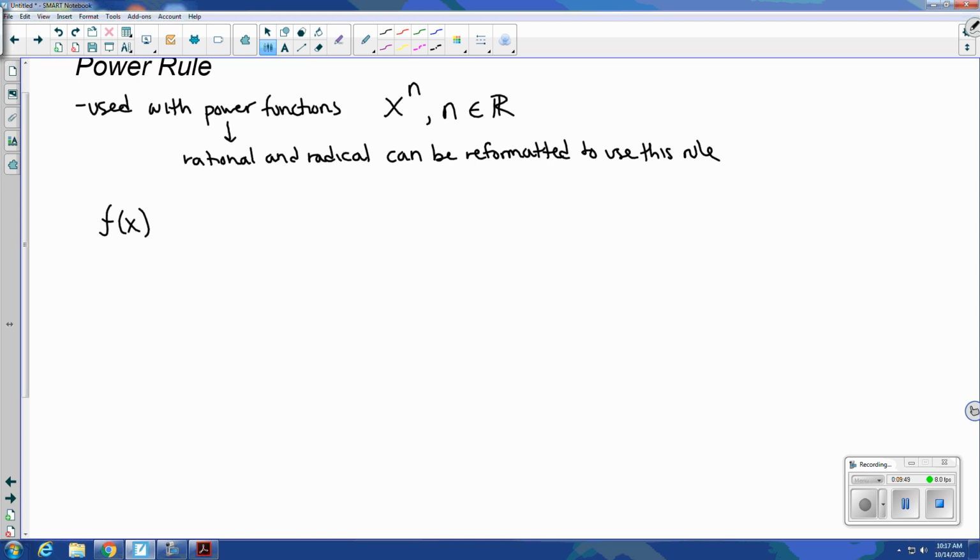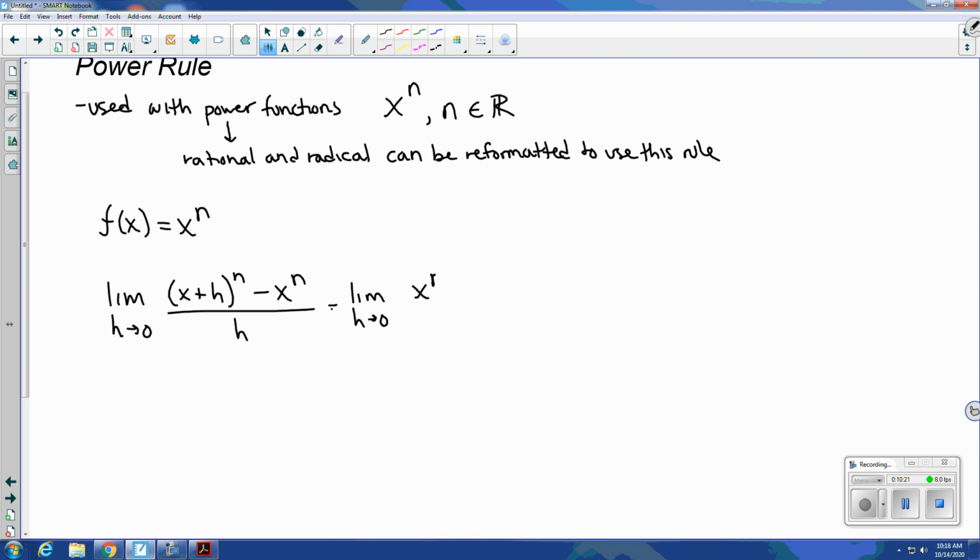If we have some function in the form x to the n, we can use our limit definition to find out what the power rule is. So let's say the limit as h approaches 0 of (x plus h) to the n minus x to the n, over h. Now, what you will see is necessary is some sort of an expansion or manipulation of what that first parenthesis is. Now, if you perform an expansion,